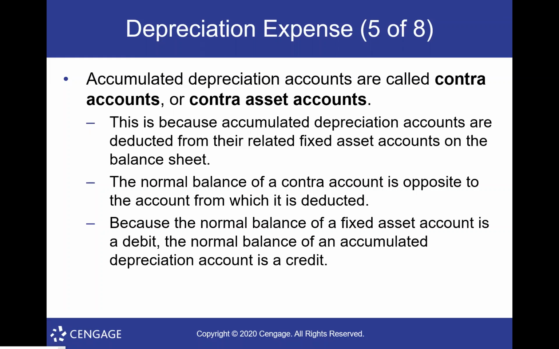To do this, we create a special account called accumulated depreciation. That is how we track it, because what we're going to do is leave our asset account always at cost, and then attach this second account to it to track the depreciation, called an accumulated depreciation account. And they're giving you a new term here. An accumulated depreciation account is a contra account, in this case a contra asset. Okay, and all contra means is it's an asset account, but it has a normal balance on the credit side, on the opposite side of the regular normal balance of that account. Again, when I give you an example of how it's used, that will help. All right.